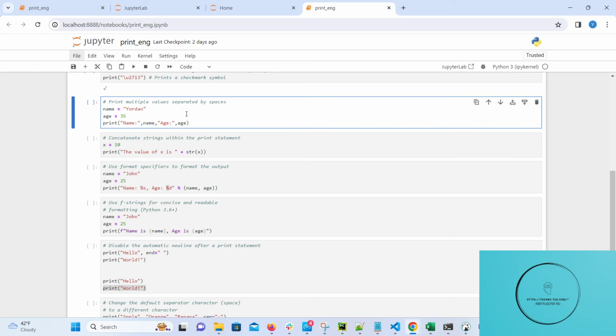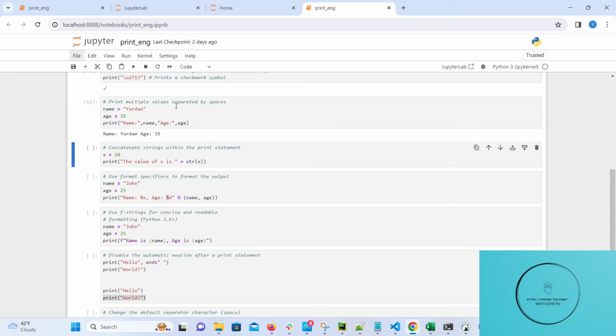The next example is just to write some values and print them. As a separator between the values, we put a comma to mark that they are separate values, separate things that we put in our print function. It doesn't matter that the separator is a comma. By default, when we print a bunch of values, the actual separator in our Python console is a space. We can actually change that.